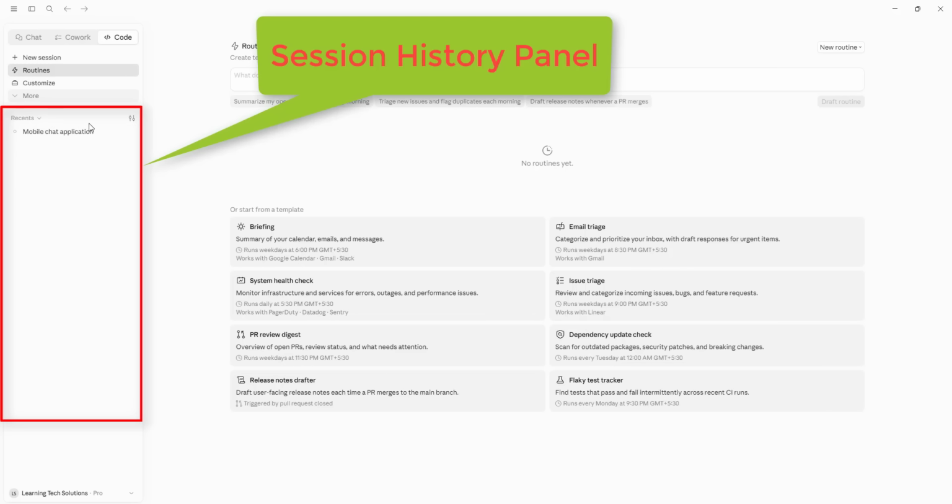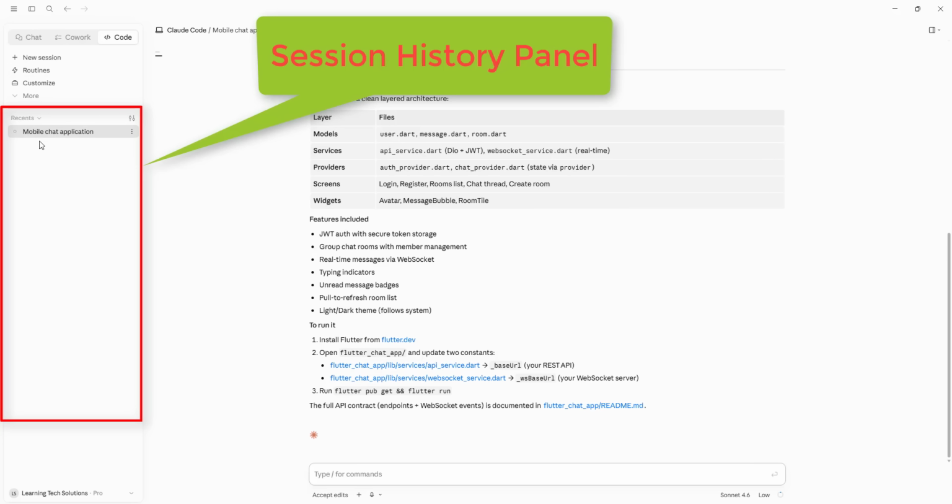And there you can see we have the session history pane. Below the navigation options, you will notice the session history area. Currently, the panel displays the sessions you start will show up over here. This area stores all your previous coding conversations. There you can see I have one coding conversation such as mobile chat